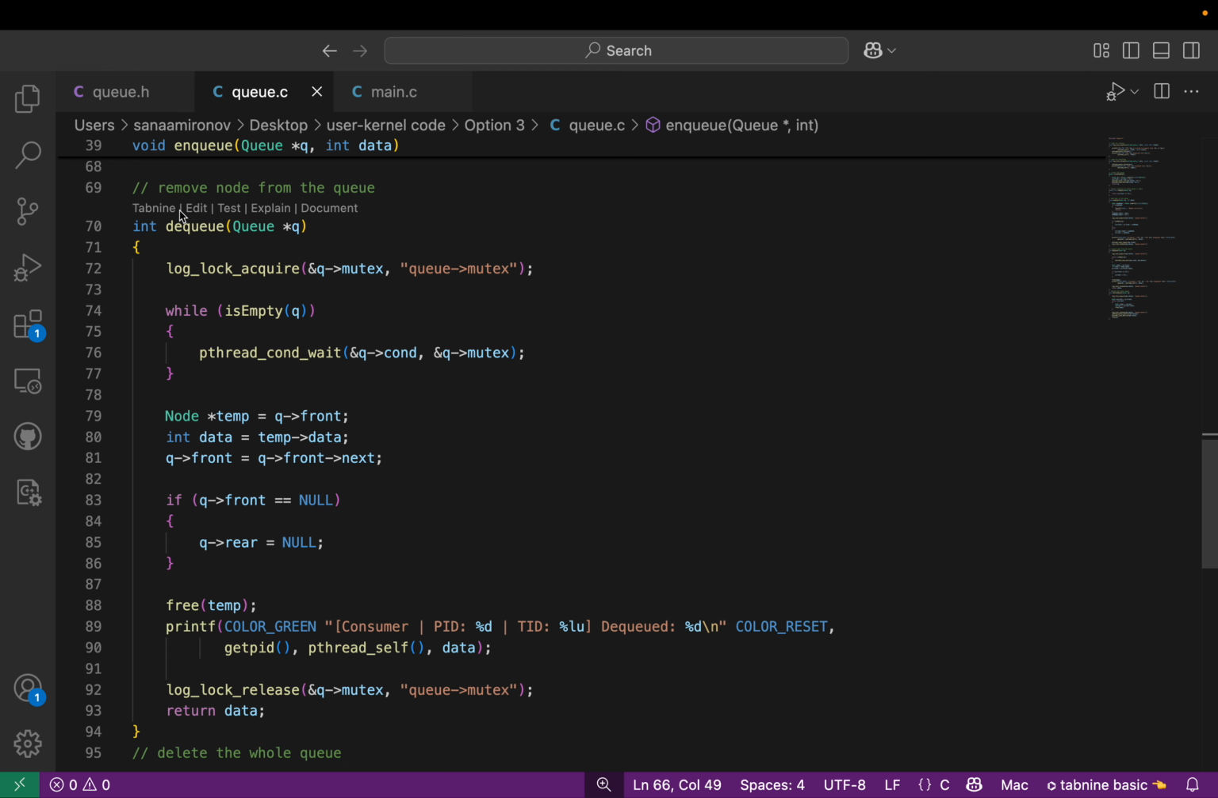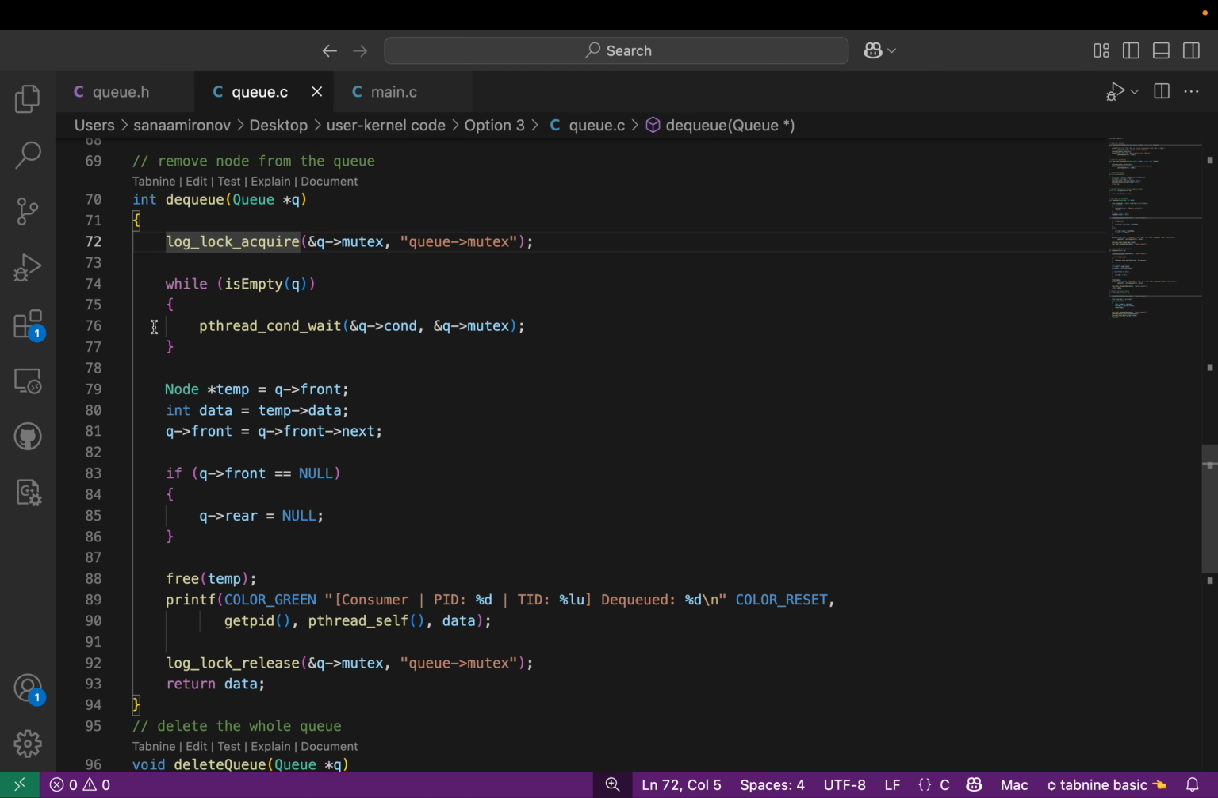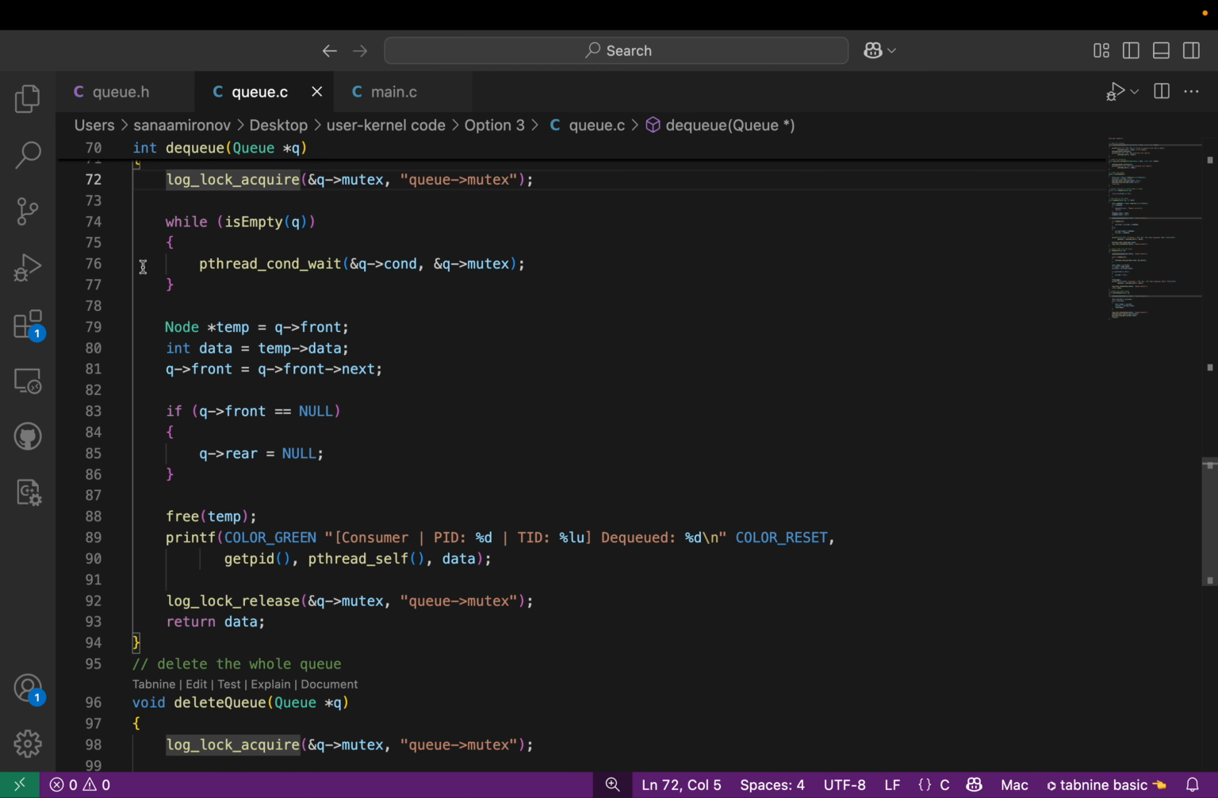Now I'm into my next function, which is the dequeuing. This is much different than enqueuing. I'm not creating anything. I'm immediately going in and trying to delete something from my queue. So I'm going to have the lock at the very top. I'm checking if it's empty or not. If it is,